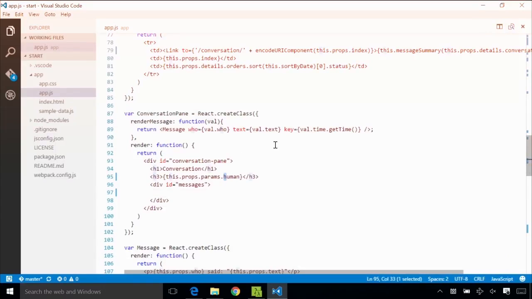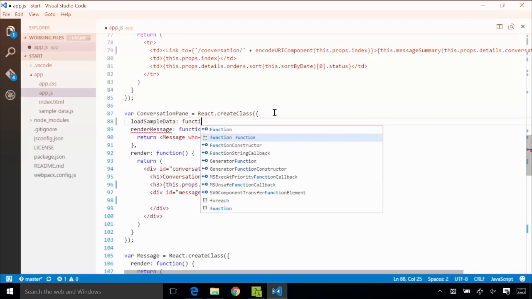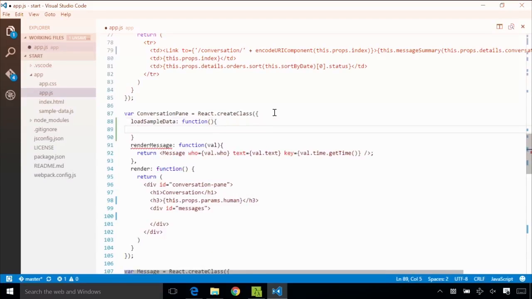To do that, we're going to use the component lifecycle methods. So let's get into that. We're all going to be in the conversation pane. In the future you might want to load the data using an AJAX call or something, but just for our sample app, we're going to use the sample data and pull out the specific human and conversation that's in it. But you can see how here it should really be an AJAX call or talking to the database or something. So to load the sample data, we would basically go to